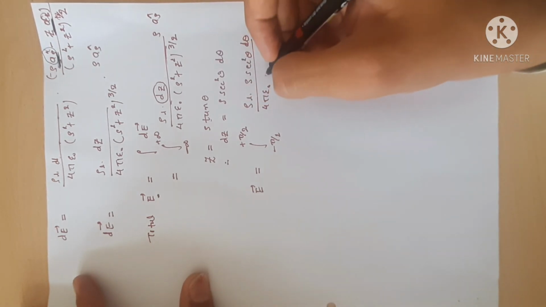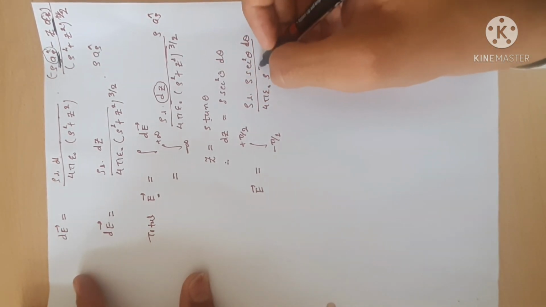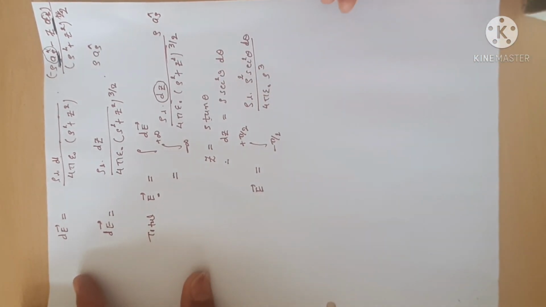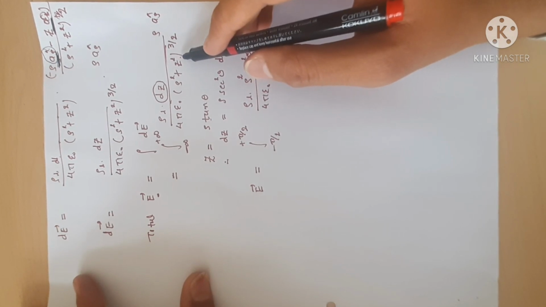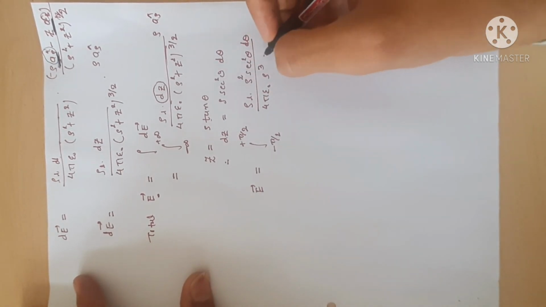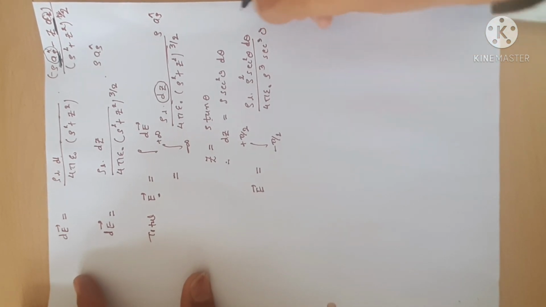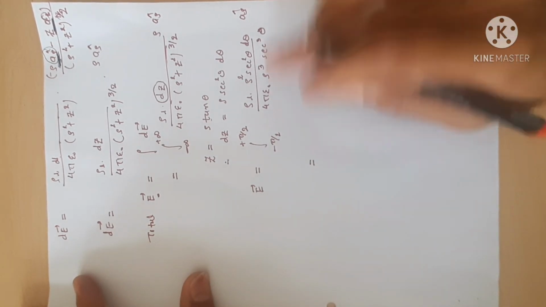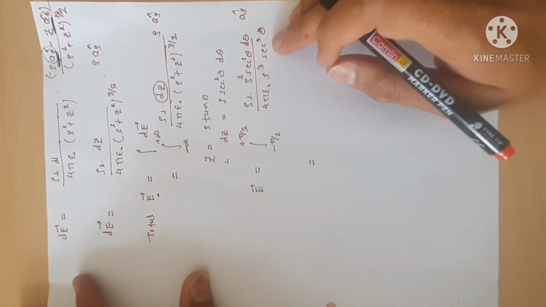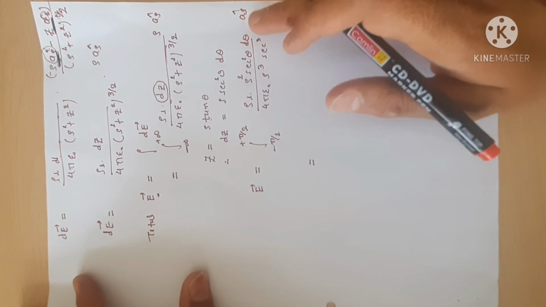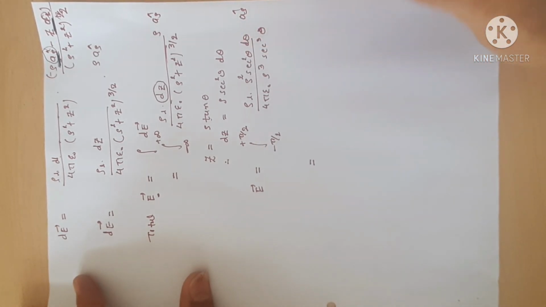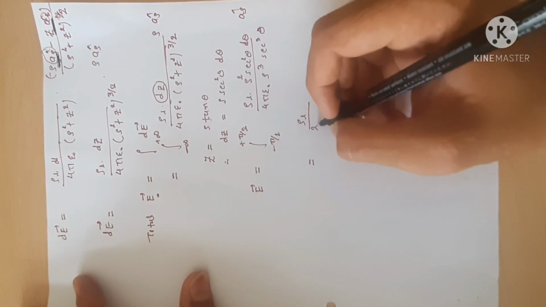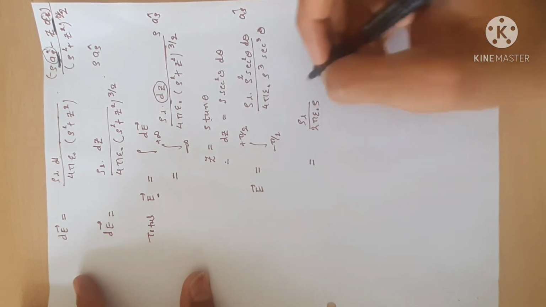Rho square is common, so it is rho cube in the denominator, and in the numerator it is rho square, because this is rho and this is rho. And 1 plus tan square is sec square theta, so this becomes sec cube theta, into a rho. Is it clear? So many terms cancel out, and 1 upon sec theta is cos theta, and if you do the integration, it is sin theta. So finally we get the answer, you can do it by yourself: rho L upon 2 pi epsilon 0 rho into a rho.